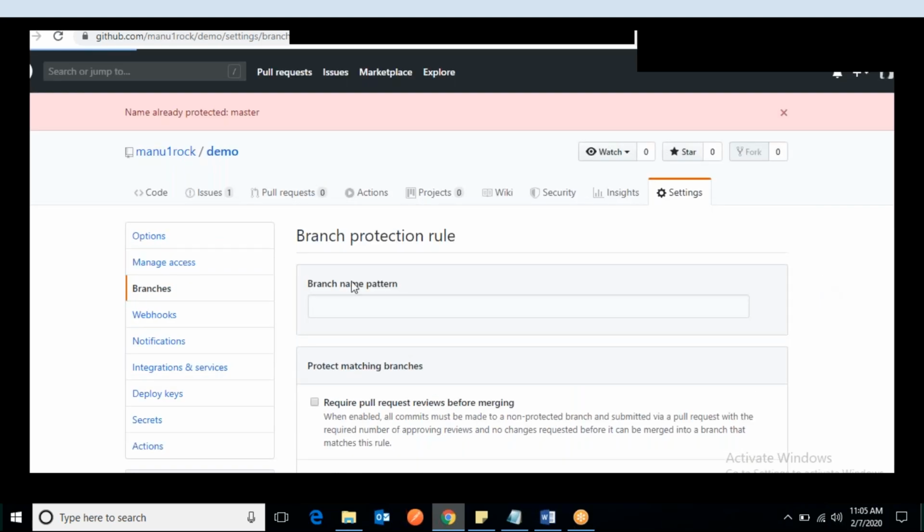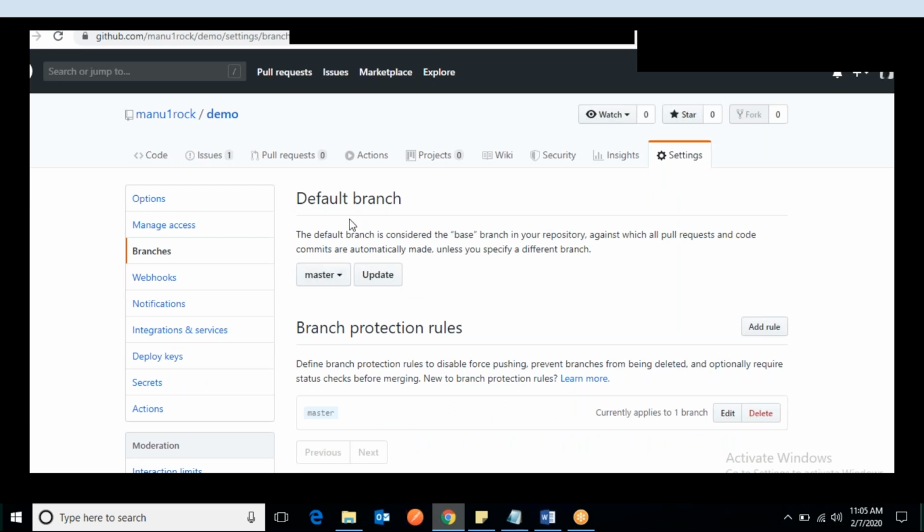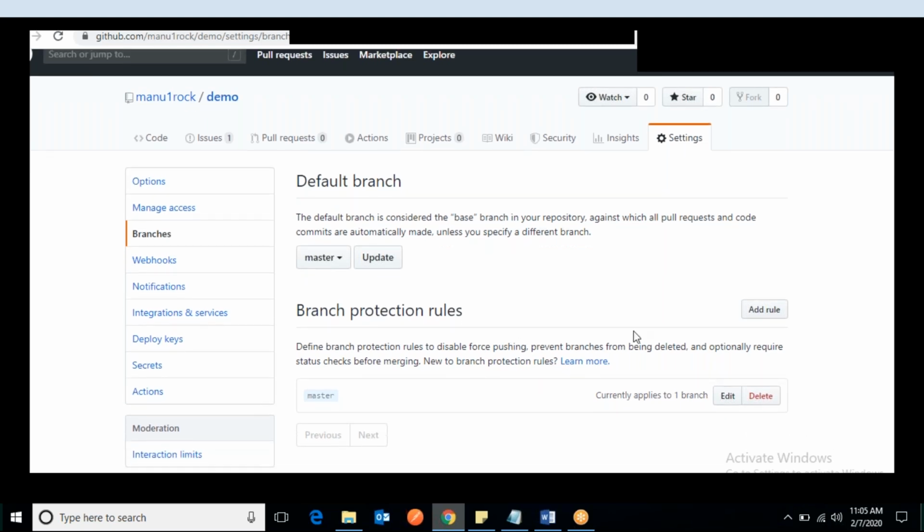If I click here, I see the rule is already set. So you can go and edit it, and that kind of restrictions you can apply, and this is very